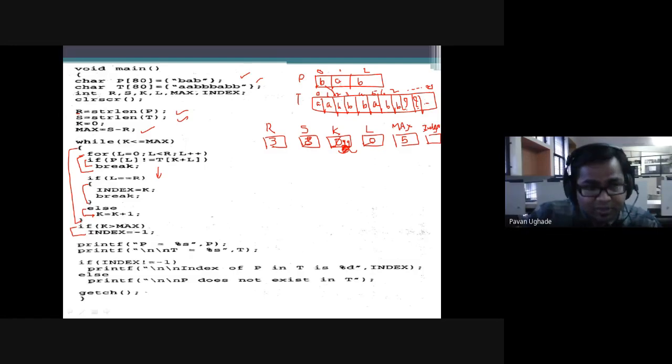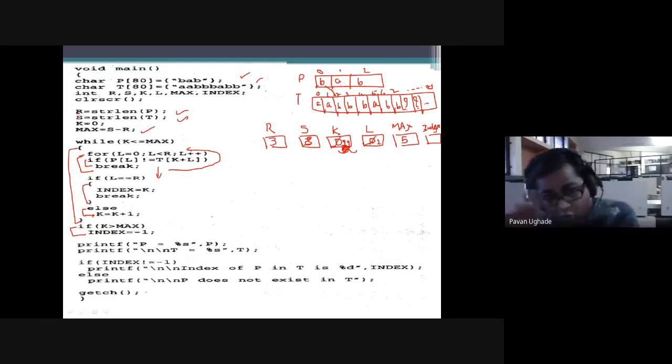As it is not breaking the for loop, again this for loop will move back from here, and the L value gets incremented, which was 0. It will make it 1, because we got the first match. Well, a character is matched, not the whole string. We have to check for the whole pattern, right? So L is getting incremented. Again it checks. Now the incremented value is 1. 1 is less than R, 3. Yes. So again check P of 1.